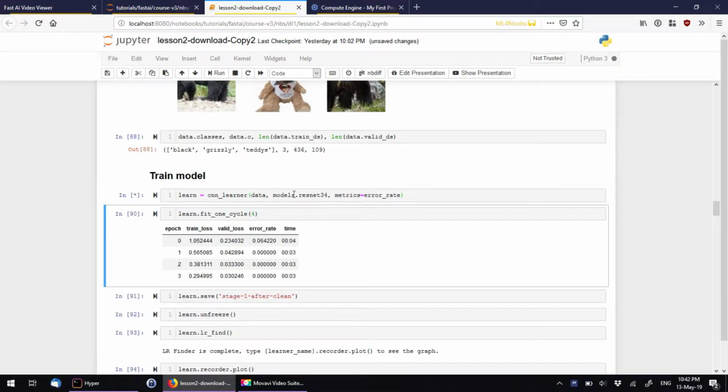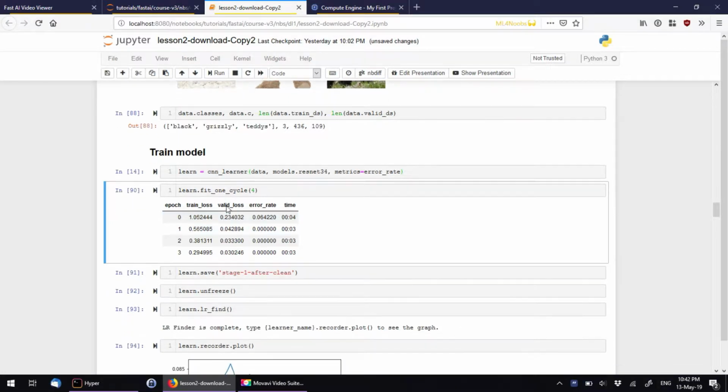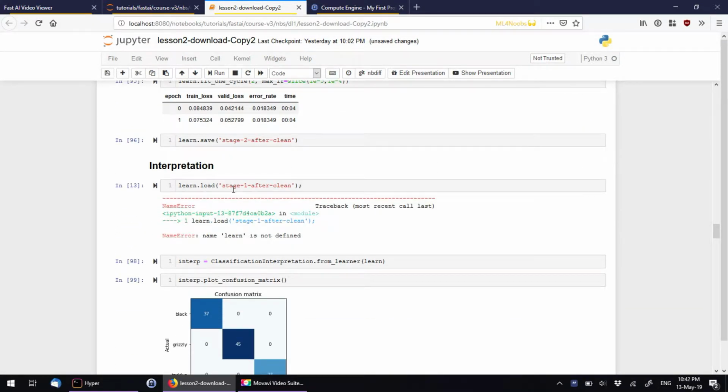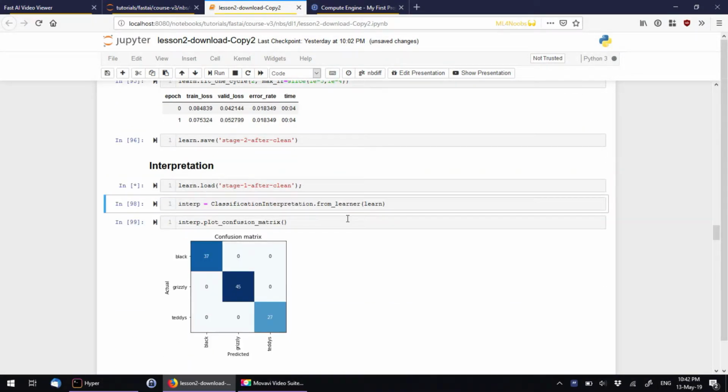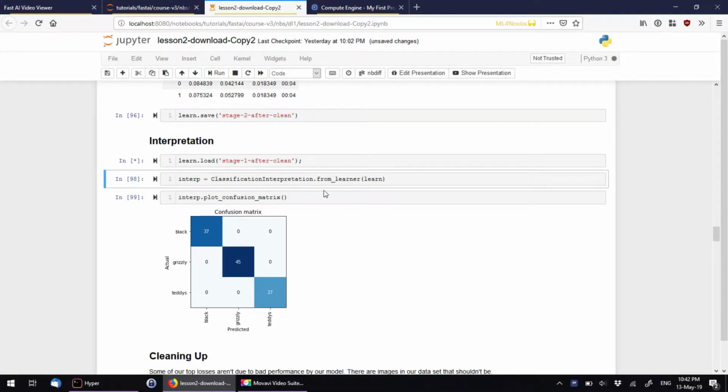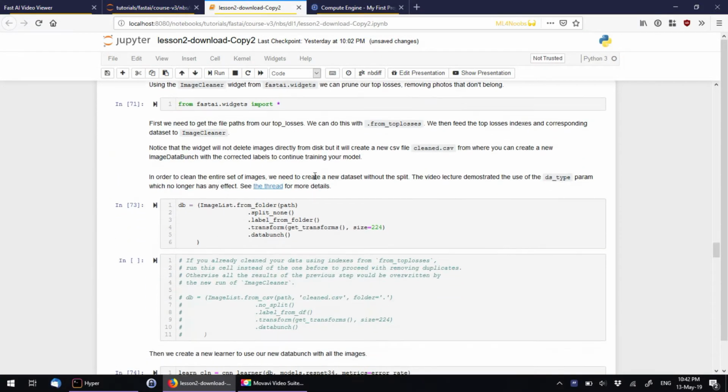Oh, I didn't run that. Let's do that. Alright, so that's ready, and then we load stage 1 after clean, and we should finally be ready to do